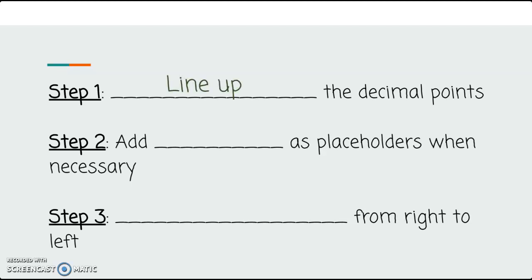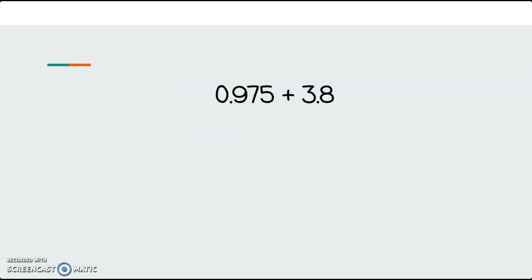We need to line up the decimal points so that they are in line with one another. Step 2 is add zeros as placeholders when necessary. And step 3 is to add or subtract from right to left. So for our first example, we have